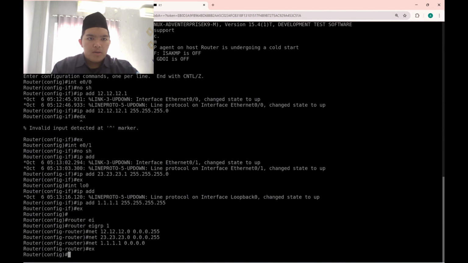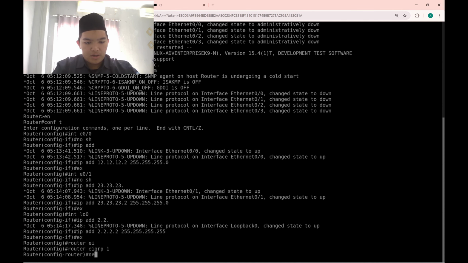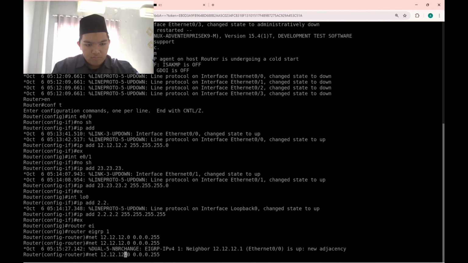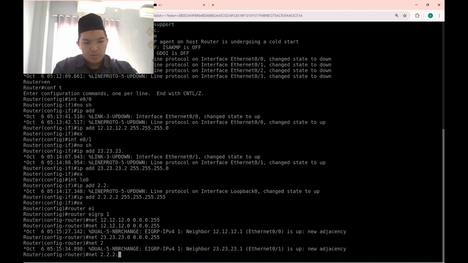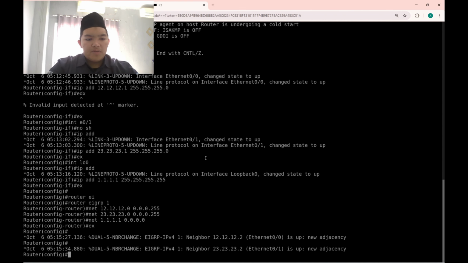Okay, move to router 2, router eigrp 1, and then do something like in router 1, that is input the networks. Okay, already created, 12, and then 23, and then the loopback 2.2.2.2 with 0.0.0.0, like this.